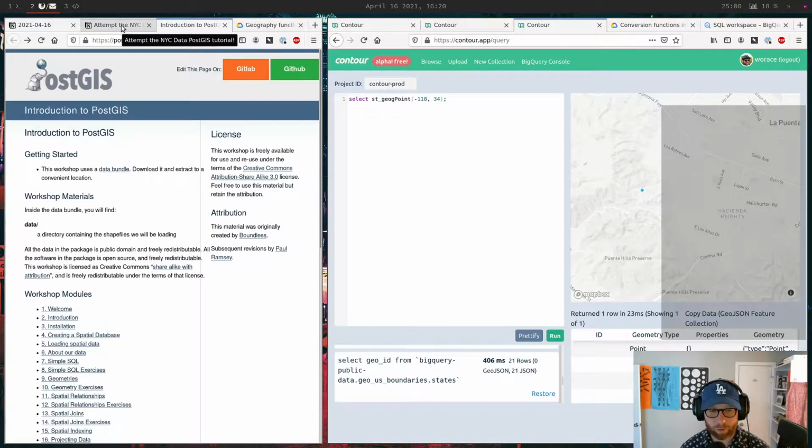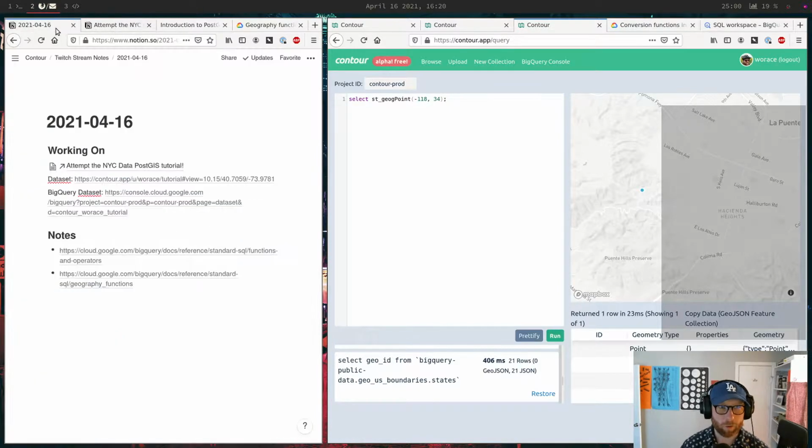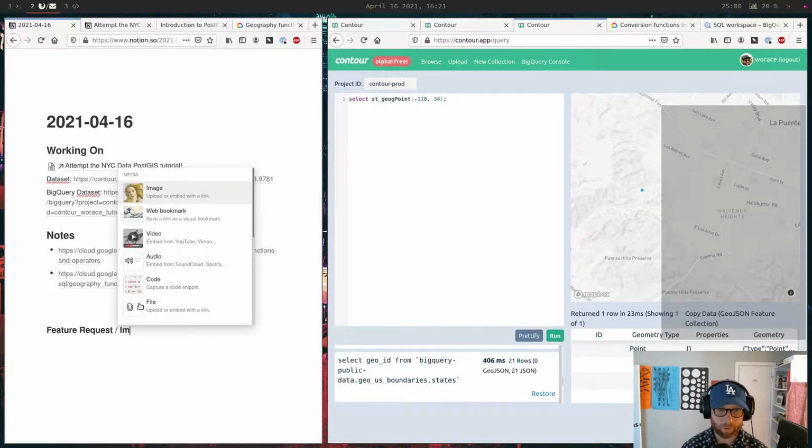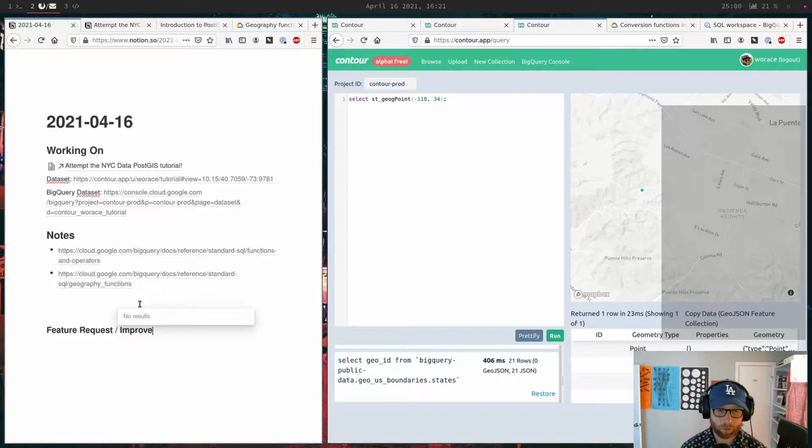So what I want to do today is mess around with that. I'm probably not going to write too much code today, because I'm going to be writing SQL. I guess SQL is code. But I'm probably not going to be working on the app too much. I'll be working through this tutorial, seeing if I have all the features needed to do it, and taking notes on what's clunky or could be improved. Feature requests and improvements are a big thing to keep track of as I go. So I'm going to work on some of that a little bit.